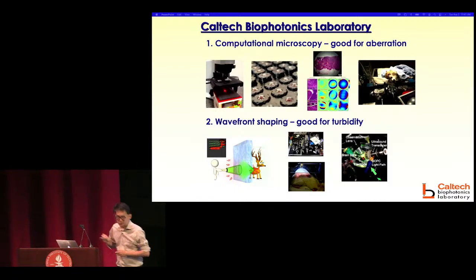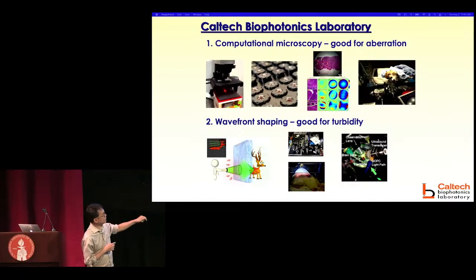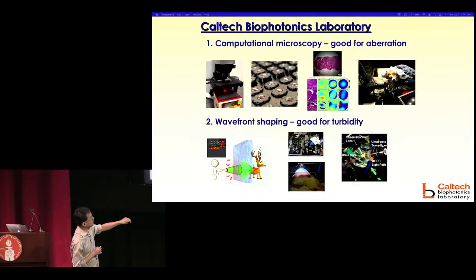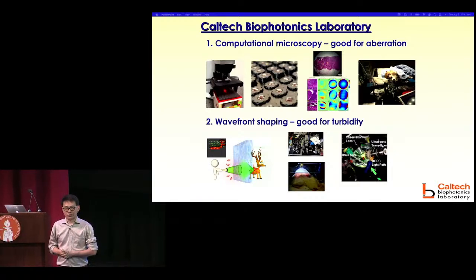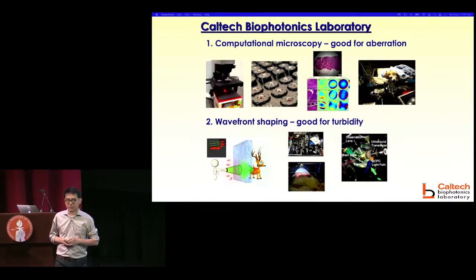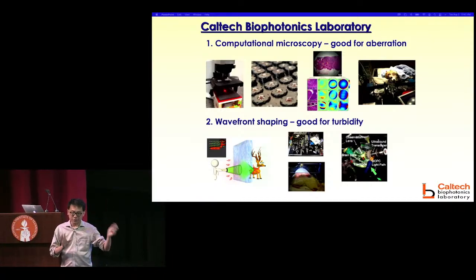But I just want to note that there is a large group of work that we have done over the past couple of decades on the use of wavefront shaping to allow us to focus light deep into tissues. Those are good for situations where you want to do deep tissue imaging or deep tissue, very localized optical activations for genetics purposes as well. And recently, for example, we also have done and demonstrated...